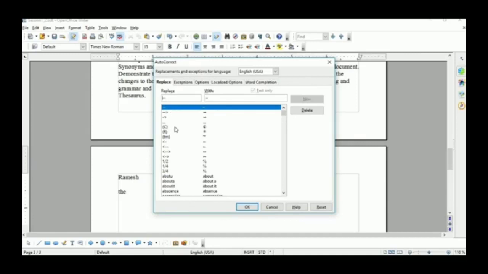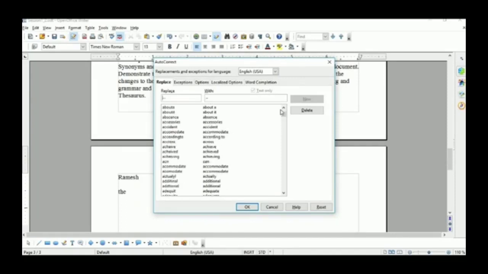This means the wrong word is converted to the right word. Like if you type the spelling of "about" as A-B-O-T-U, it will convert it to A-B-O-U-T automatically. This means the autocorrect feature is available in OpenOffice Writer. See here, where is the spelling of "the"?